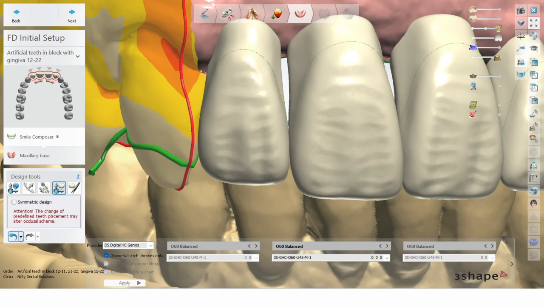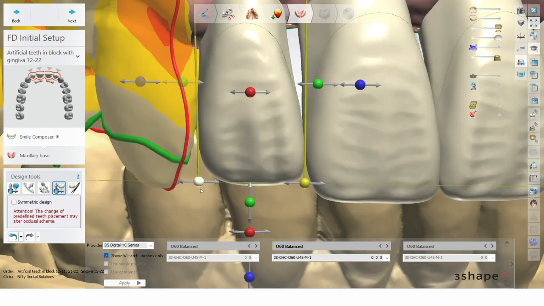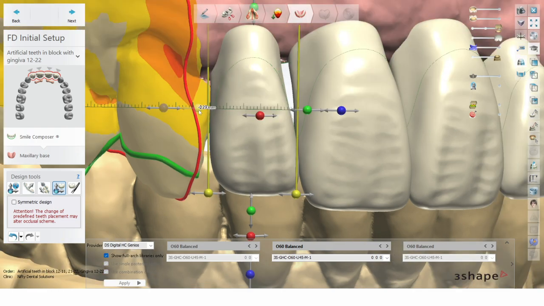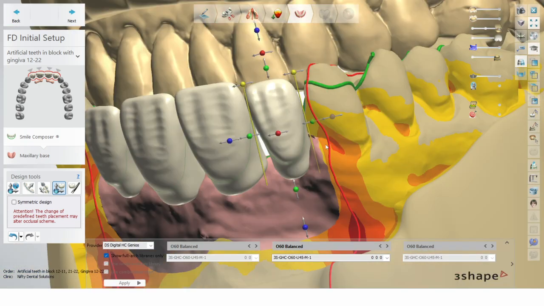But worst case scenario, you can always use this magic option that lets you go back in stage. I would like this button in life, unfortunately it's not possible, but on digital software you can go back and forward if you want, so no worry, you're not going to lose your work. Now I don't want to put too much pressure, especially on contact points there. I always prefer to have a bit of gingiva around that wraps the tooth because it's going to create a better socket. But don't worry about that. We can modify that later.